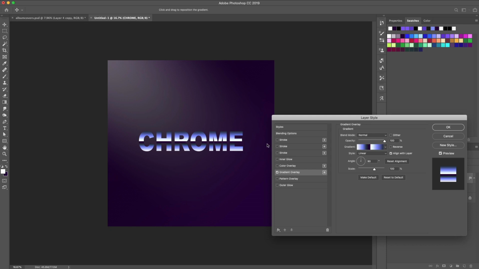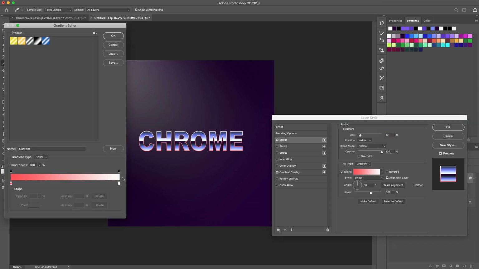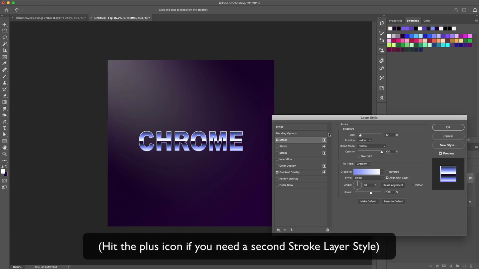Next, we'll need some borders on the text, and for that we're going to add 2 stroke layers, and we're going to set the position to inside with 10 pixels and give it a gradient going from white on the top to light blue on the bottom. For the second further in stroke, we're going to set it to 13 pixels